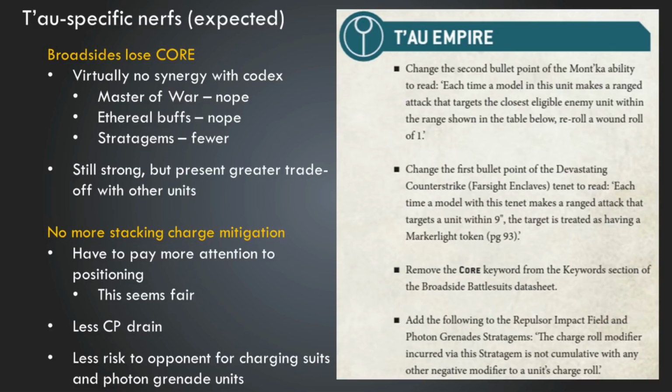For us as Tau players, it means that we have less CP drain, right? So we're not going to be spending multiple CP to do a redundant ability, which is, I guess, a silver lining. And it also means that your opponent faces less risk for charging multiple units, right? One of the things about having Photon Grenades and Repulsor Impact Field stack is that if you had, let's say, Fire Warriors next to Crisis Suits and the opponent was looking at charging into those units, they had to consider which one they were actually going to charge. Kind of like how...